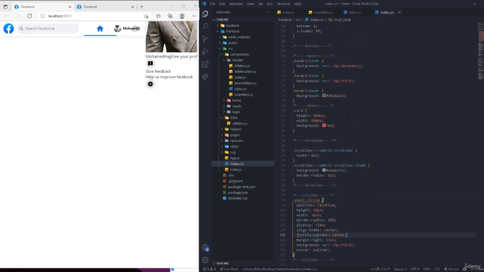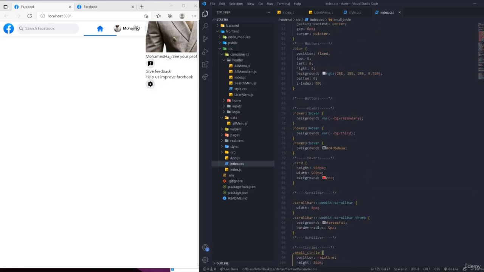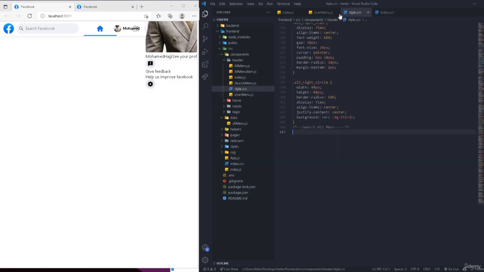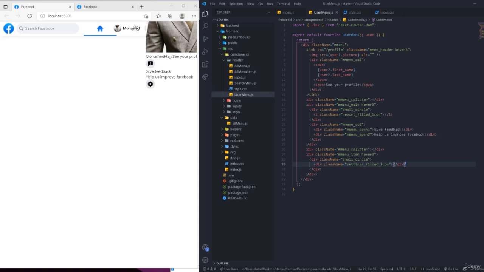It's nothing much. And also the hover 3, I've added it right here, which is going to make the div have a hover, as you see, with this color. Okay, so there's not much adding there. So this is the icon, and after this div, the icon is just going to be an eye, so we can know there's an icon. And after this div